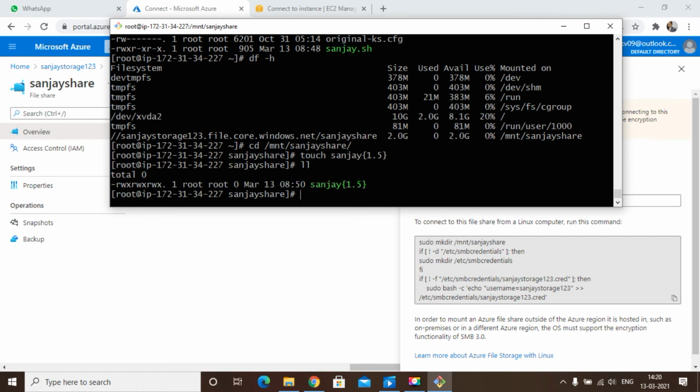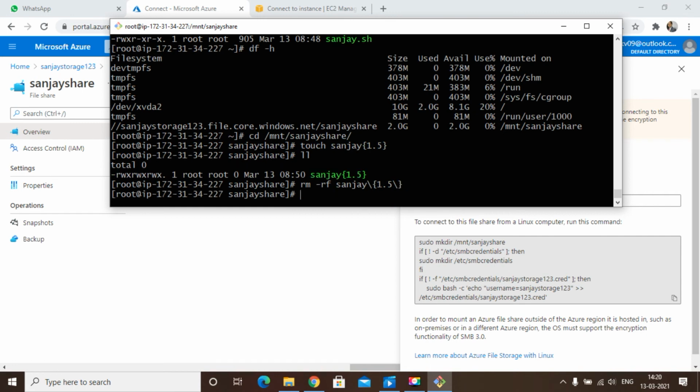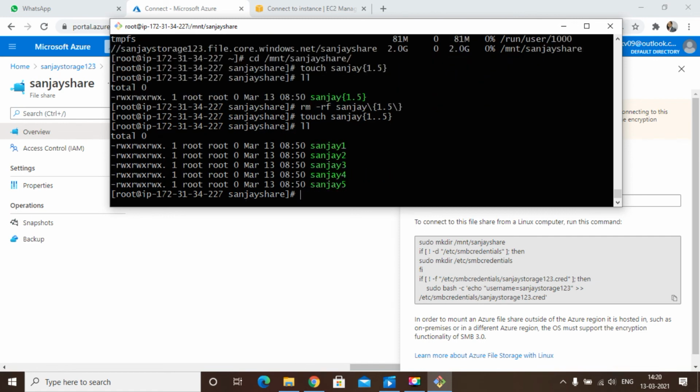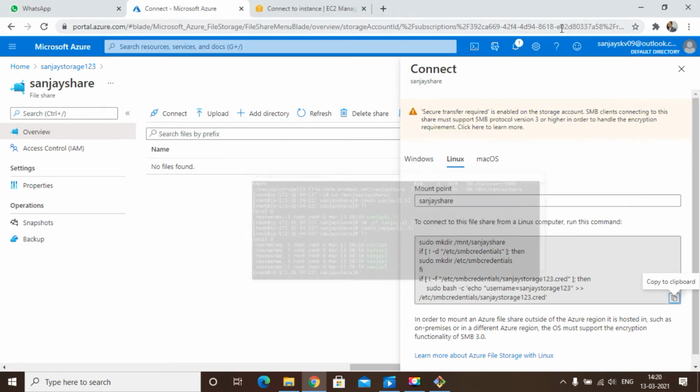You can see, sorry, I have a single dot, so I'm going to remove this with rm -rf sanjay. Yes, now run this command again. Now perfect, you can see we have multiple files. So these files should be available inside the Azure file storage.